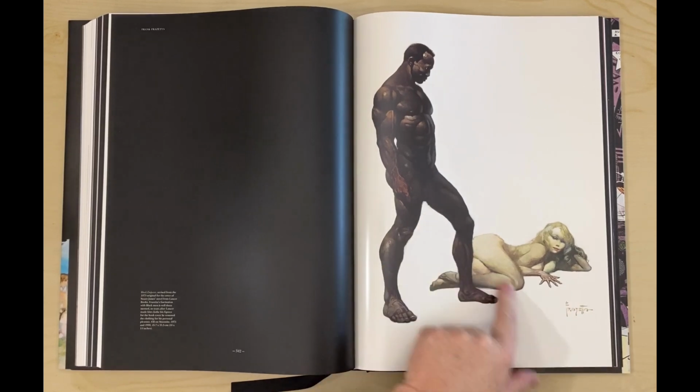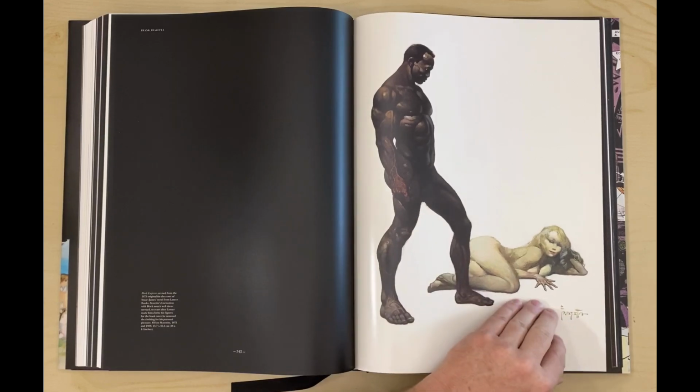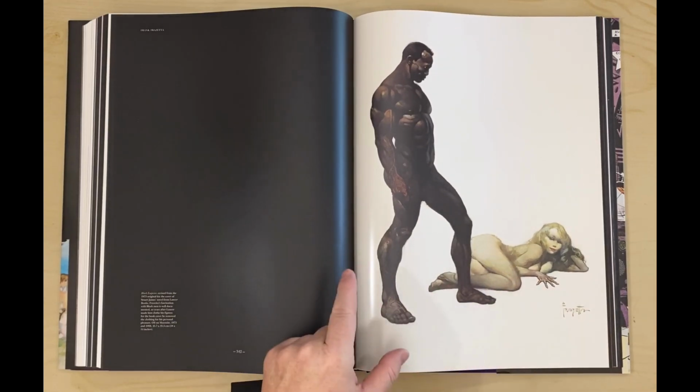I think you can basically see he's being very coy about the male nudity. Again, if it was Corbin,